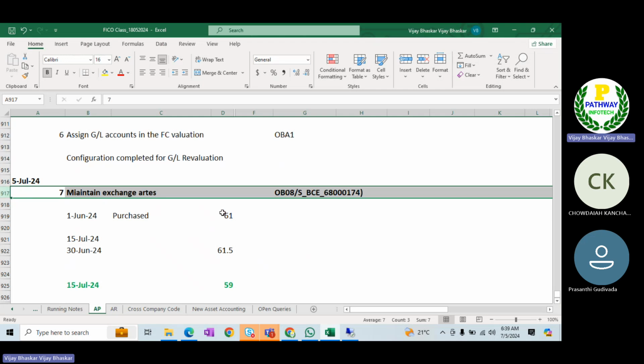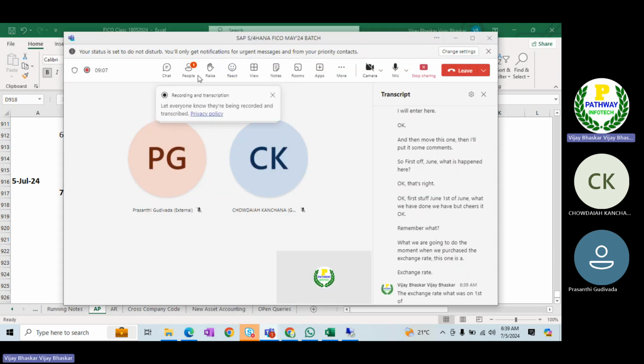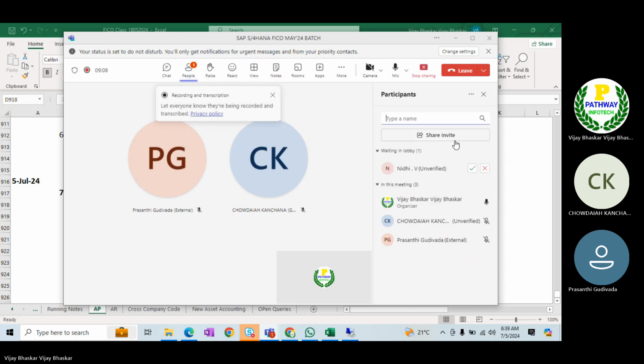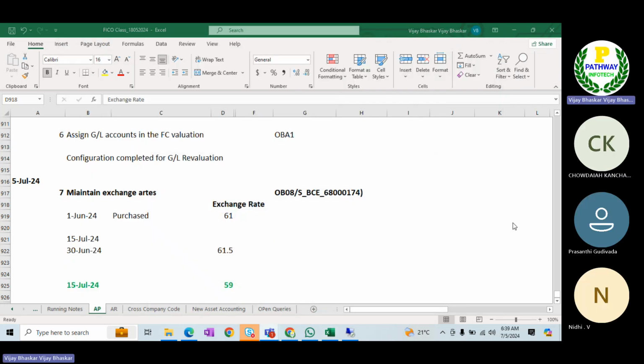The moment we purchased, the exchange rate on 1st of June, the exchange rate between INR and Singapore dollars, is 61 rupees.